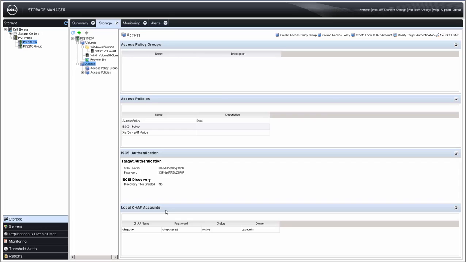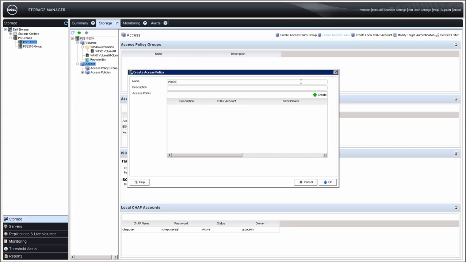The items that we'll cover on the action items list are create access policies and create access policy groups. They can be done in either order, but in this case, we'll start with creating an access policy. Enter a name for the access policy, enter a description, and then click on the Create in the Access Points